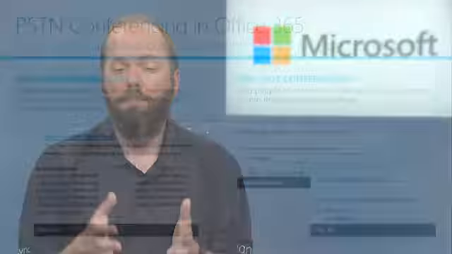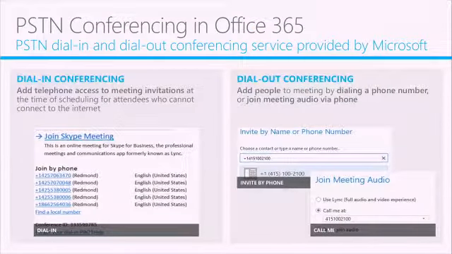What about when they're in the cloud? Well, in the cloud, we need to leverage what we call audio conferencing providers to do this, right? Audio conferencing providers will provide the ability to have PSTN dial in and dial out services. What we're talking about here is specifically a service offered by Microsoft. Microsoft can be your ACP in the cloud for your Skype for Business online users, such that when you now